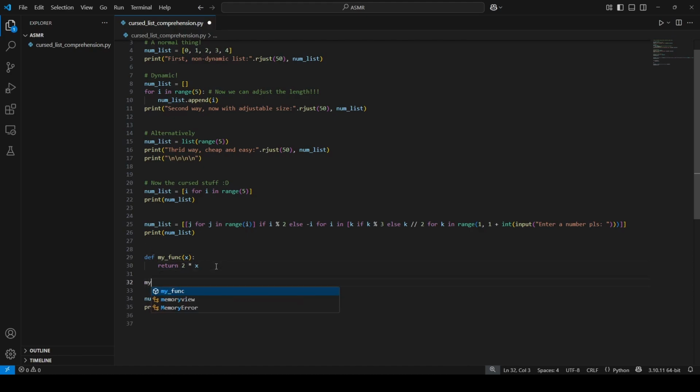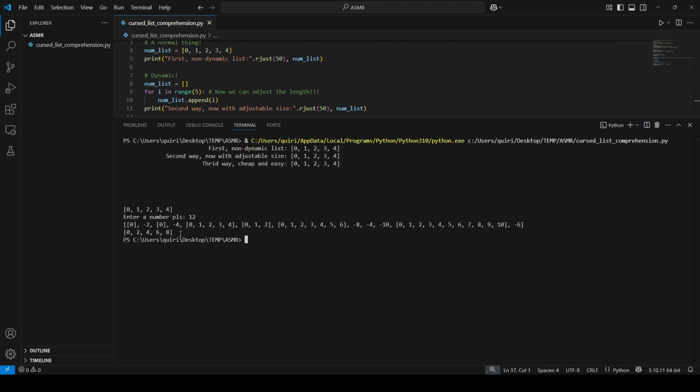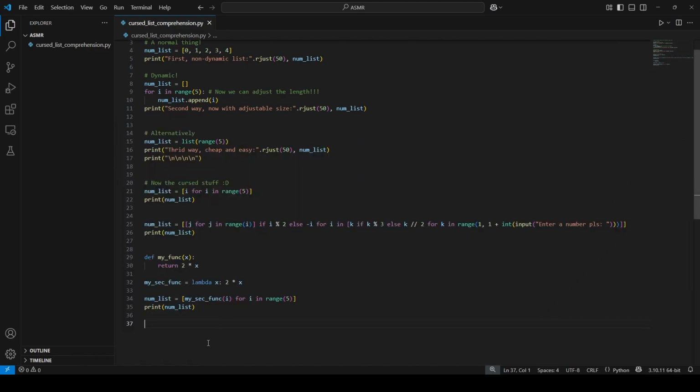If I go my second function, and then just say lambda x: 2 times x, my second function is now identical to the first one. So if I do this, then we get something that's the same as last time. Just now we're using a lambda expression. These are basically like temporary functions, because the interpreter handles them a little bit differently. They're shorter to write. They're squeezed more. In general,